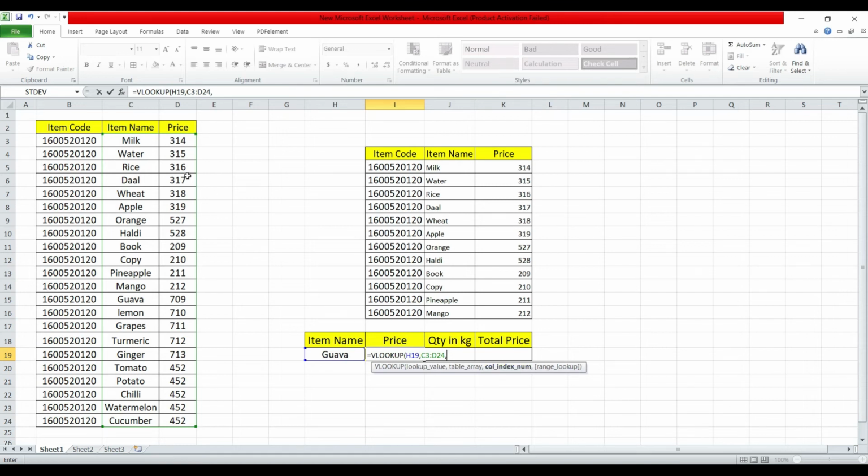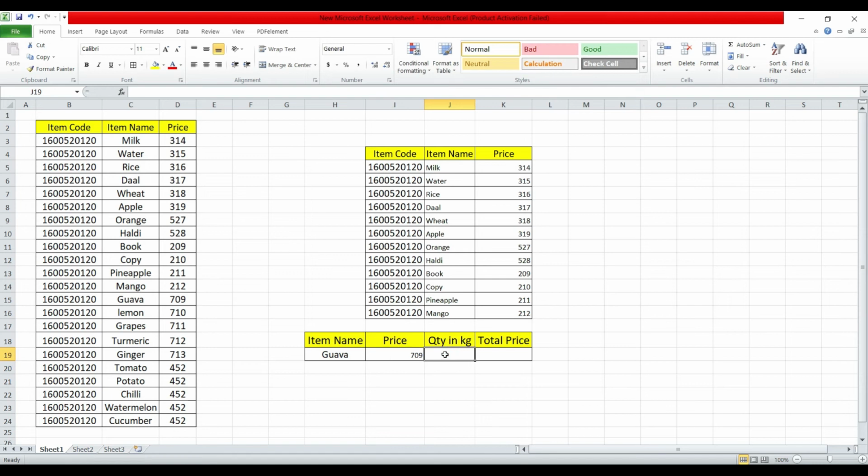Out of these two columns, the price is in the second column, so I will write 2, separate with a comma, then the range lookup. I want the exact value, so I will write 0, close the bracket and press enter. Here I get the price.